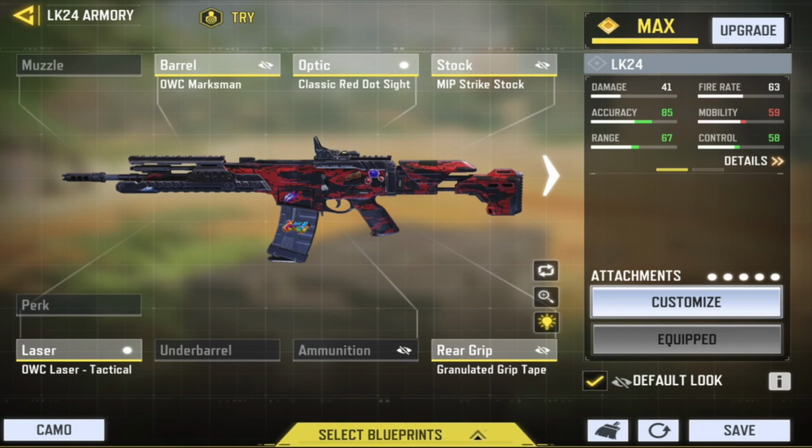This gunsmith build is actually inspired by Tectonic. I think he probably uses a different barrel, but everything else is pretty much the same. So for the build, we do have the OWC Marksman, the classic red dot, because obviously the iron sights on this particular gun